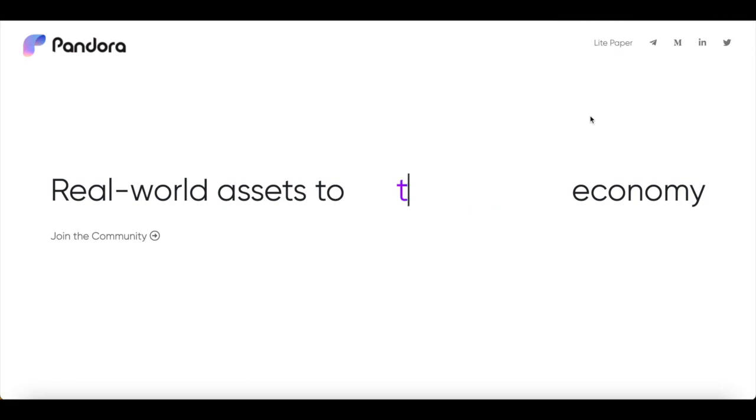Now, in doing all of this, I'd like to introduce you guys to the PNDR. Now, what is that? That is actually the native token for Pandora protocol. Now, the native utility token for Pandora Finance is PNDR. The primary use of the PNDR token would be as a utility token for trading different NFT assets on the Pandora ecosystem. Now in the future, it may also be used as a governance and staking infrastructure token at the upcoming DAO